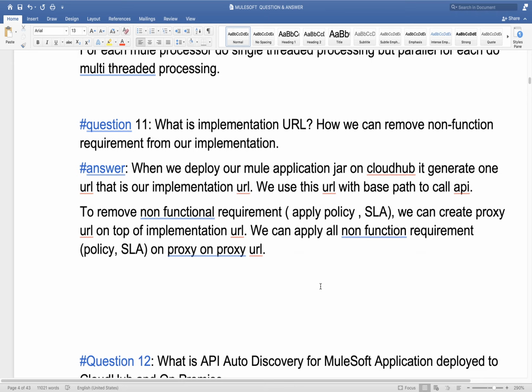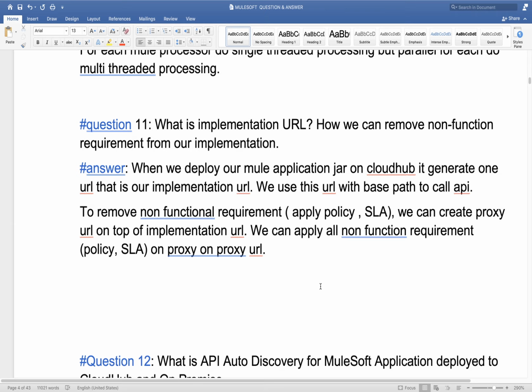On top of that implementation URL, we need to follow some steps to create a proxy URL. On that proxy, whatever non-functional requirements like applying policy and applying SLA, you can do all those things on that proxy URL.